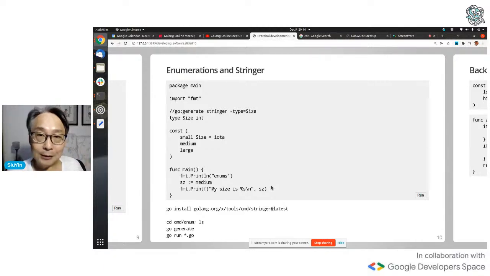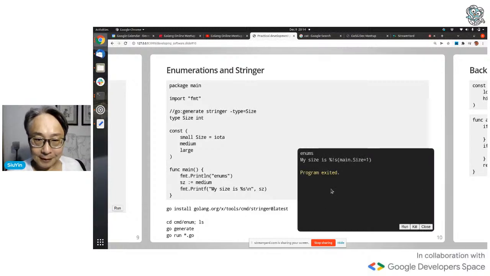But before I run this program, this construct over here, %s, says express size, SZ, short for size, as a string. Let's run it. My size is, I don't understand this to be a string, but it happens to be the value 1 and is of type main.size.